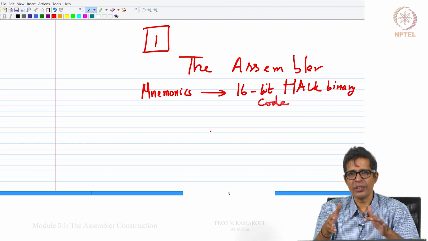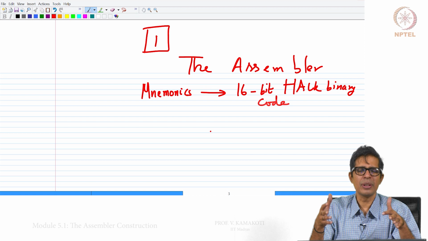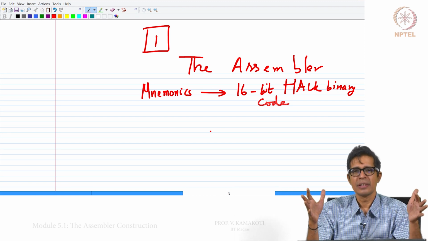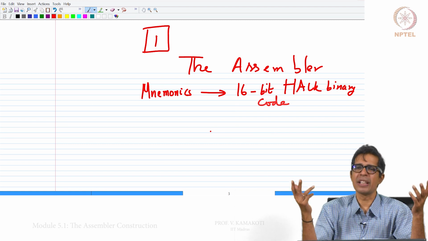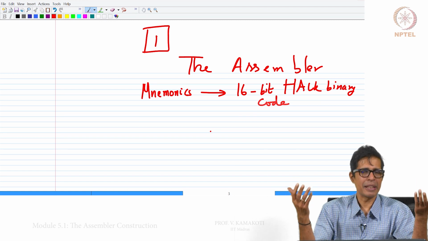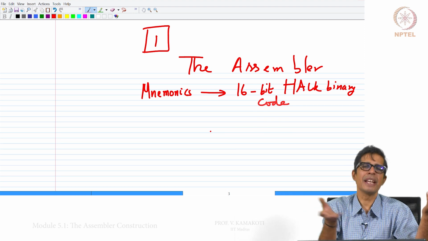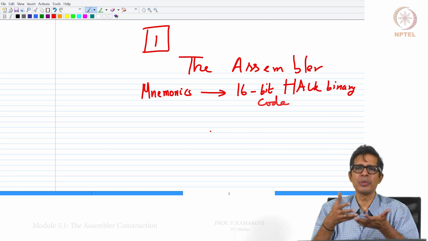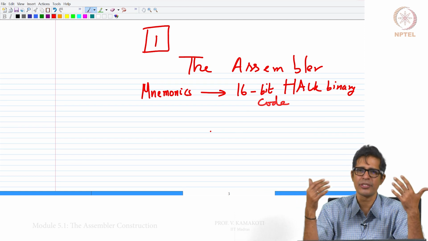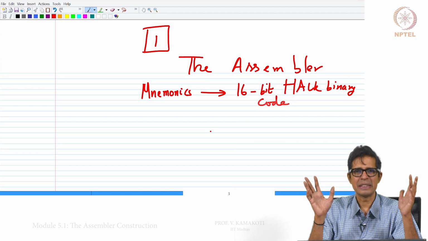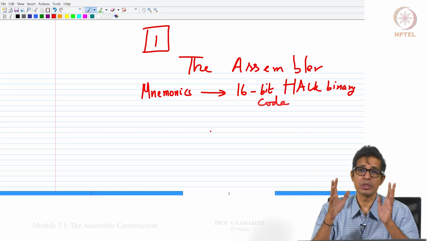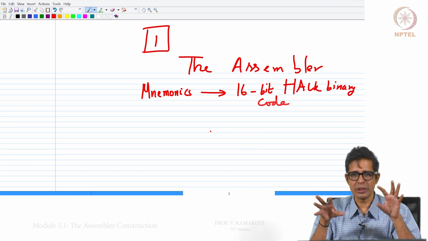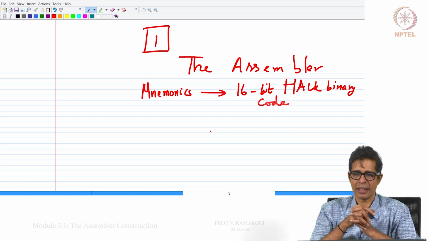So I will give you a generic template of how to develop the software, and you can use any of the languages to implement the template. I will be showcasing a C based implementation, but from the template you can translate it into C++ or Java or Python or anything of your choice, whatever you are comfortable with. The ultimate goal is to take the mnemonics and give you 16-bit Hack code.